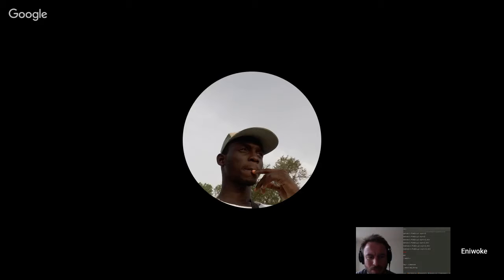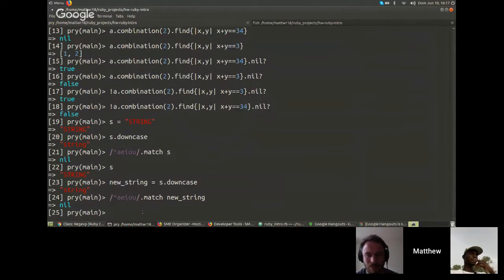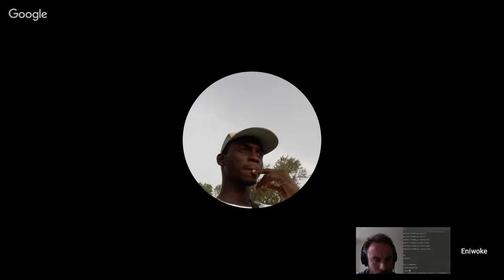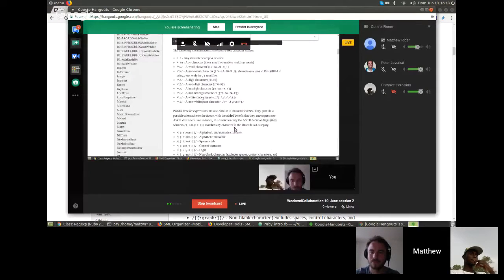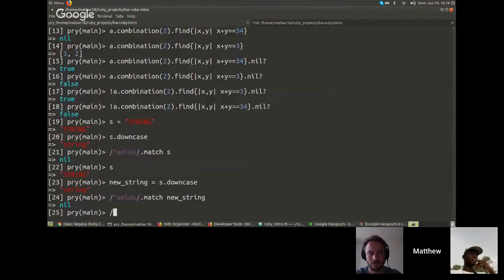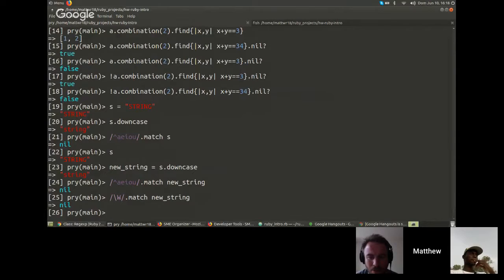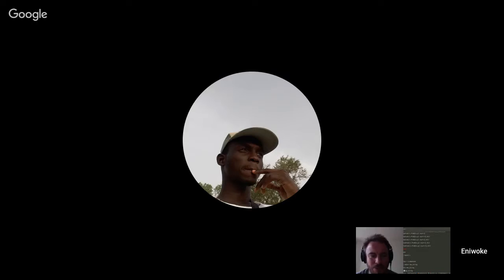Let me Google this. Well, that's annoying, huh? I thought that might work, actually, because we do know that it does start with a consonant. Dot match, I saw this. I wonder if it works with this. I usually use the tilde sign instead of this match method, basically the tilde equals. So instead of match, you can use the